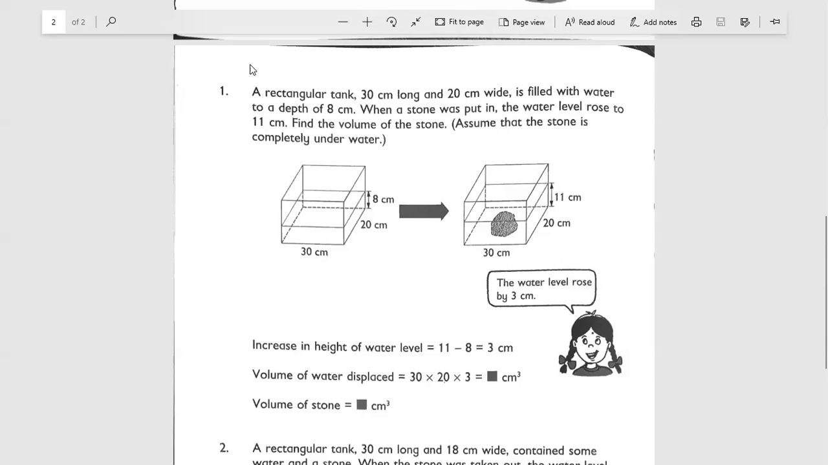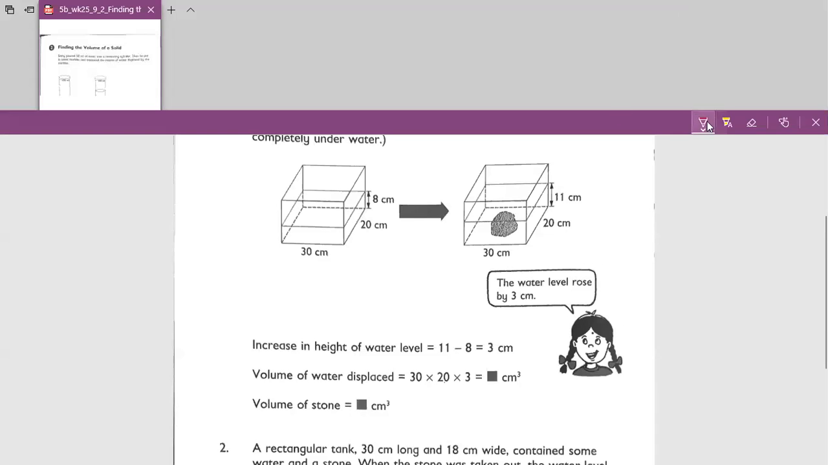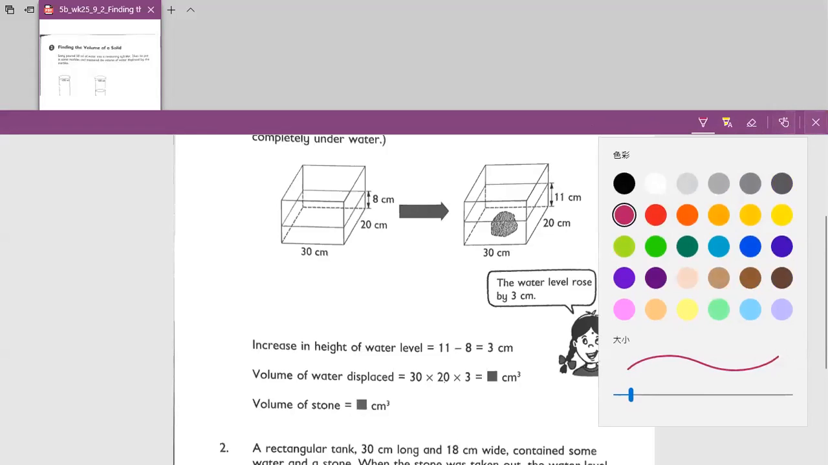Okay. A rectangle 30 centimeters long and 20 centimeters wide is filled with water to a depth of 8 centimeters. When a stone was put in the